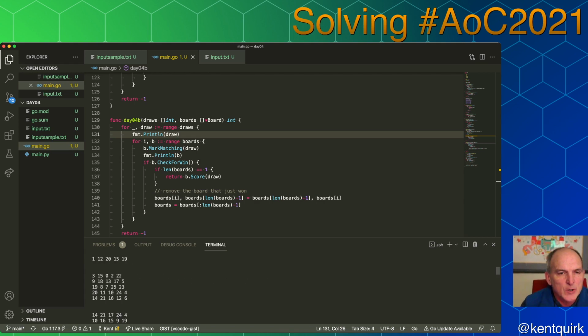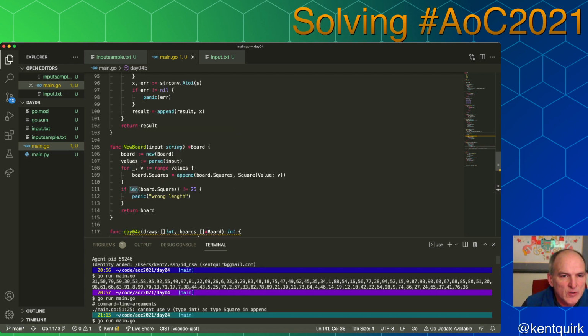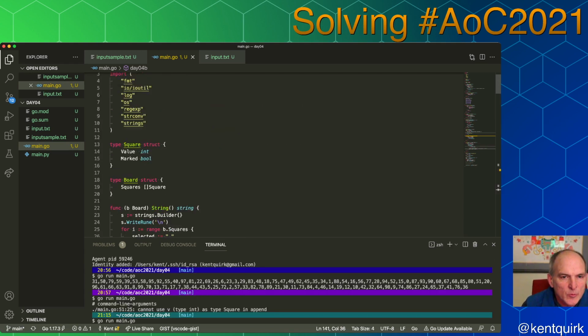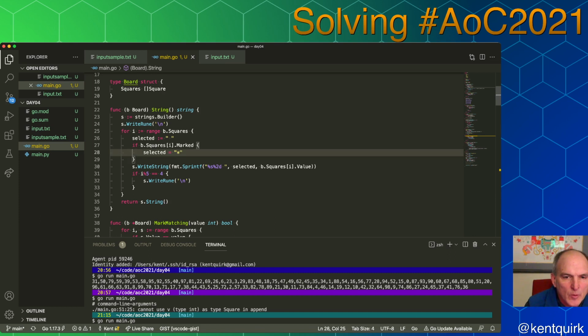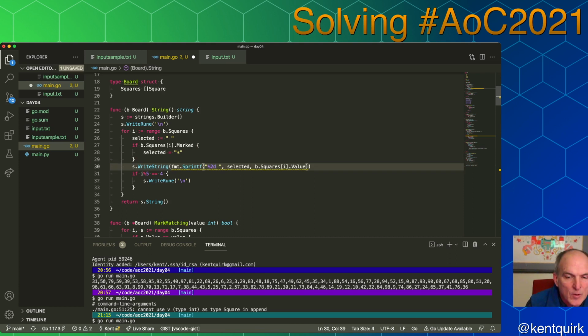I don't like that because they're 2-digit numbers and it's in front of the number. I'm just going to change my string function so it's a little easier to work with. I'm going to put this here, put it after the number, and then